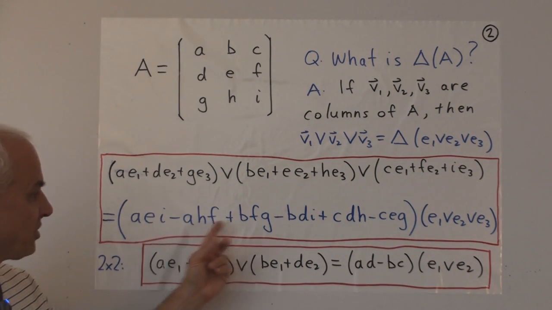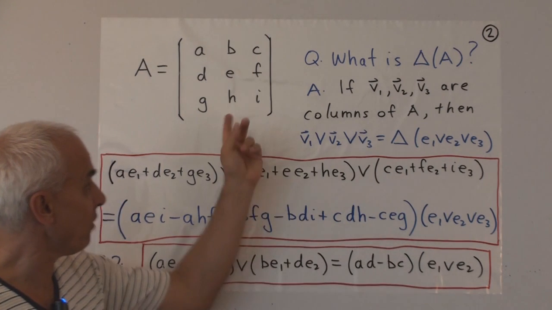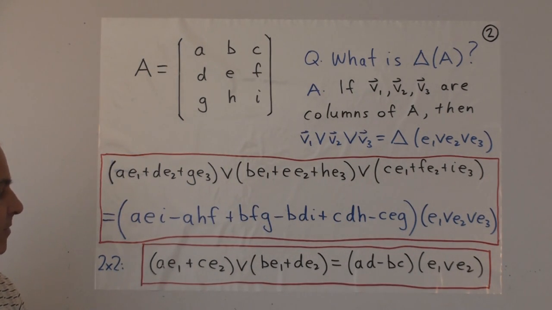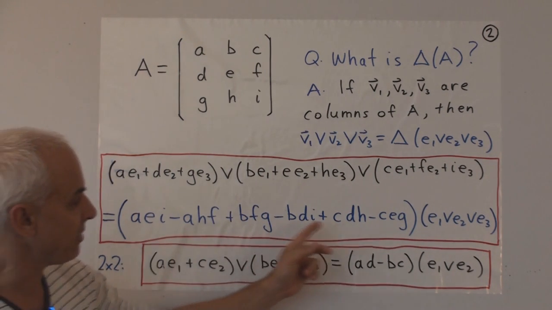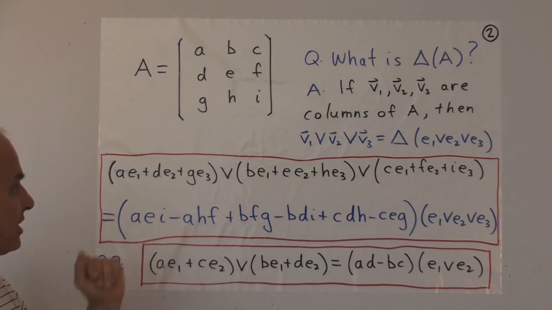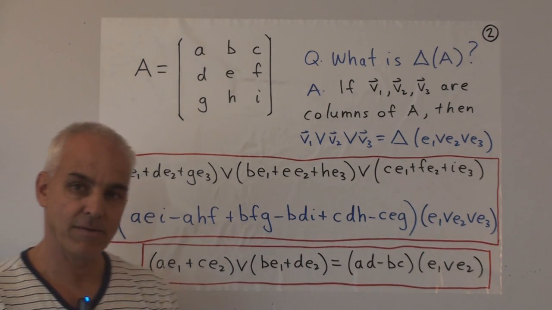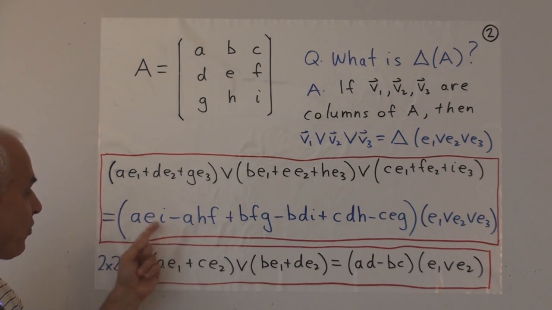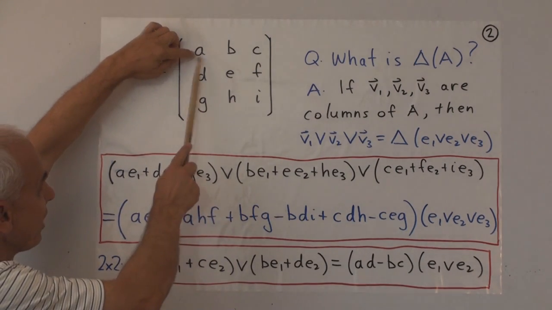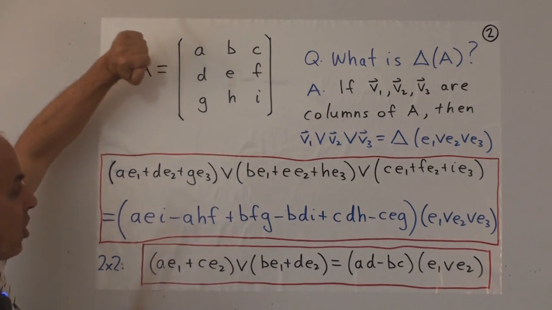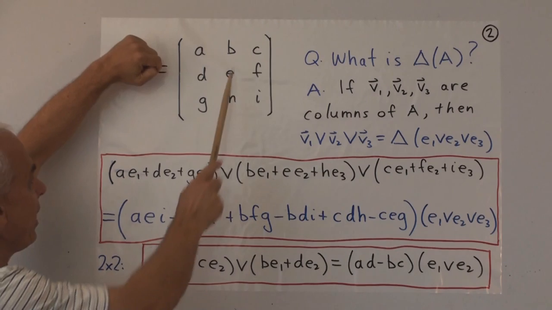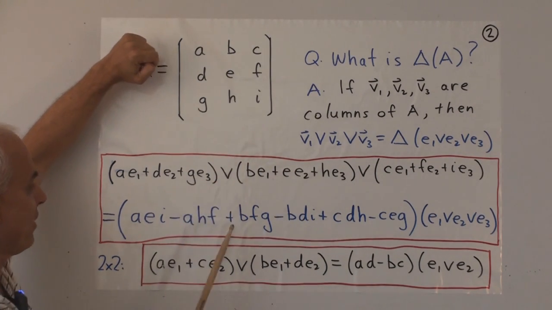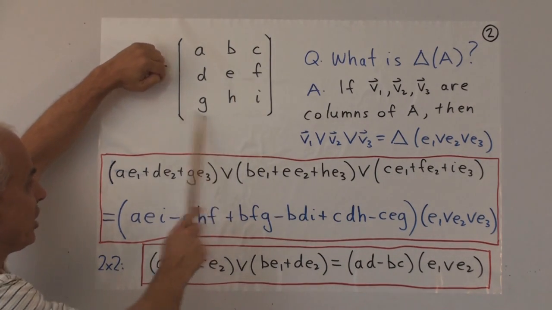So here's the function, which is the determinant of this matrix here. It's got 6 terms, and they alternate plus and minus, and each one is a product of 3 entries of the matrix. And we noted the other day that each one of these products is obtained by taking one element from each row and each column of the matrix. A, E, I, B, F, G, and so on.